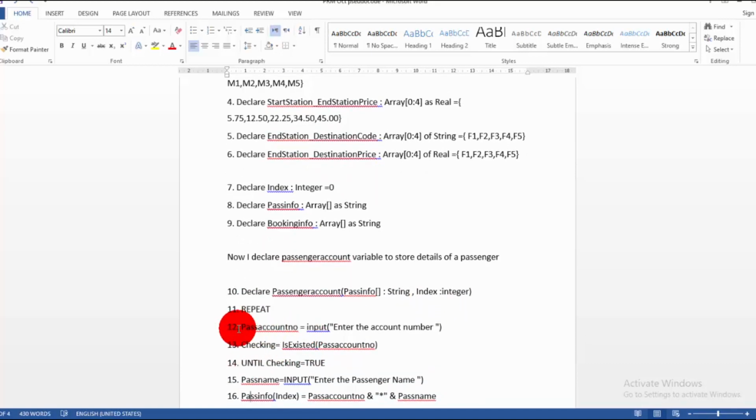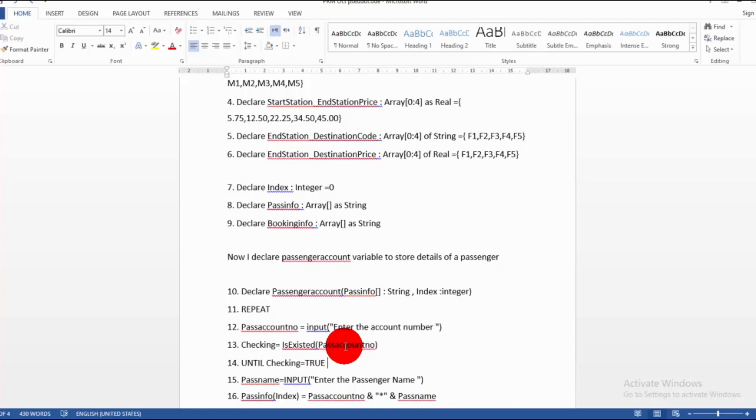Now next thing is that passenger account number, this is the variable which contains the input value. Whenever the user inputs the account number, it will check whether the account number is in the database or not, right? So I use the variable checking, and if the data is available in the variable, then it will accept or not accept.